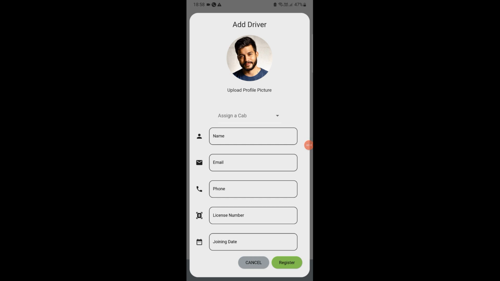Here we have uploaded the photo of a driver. So for uploading the photo, we have used the technology in the Firebase which is called Storage. When we upload the photo, this photo is converted into a URL and this URL is stored in the field called image URL in the Firestore. So the image URL is stored in the Firestore, and the real image is stored in the storage in the Firebase.